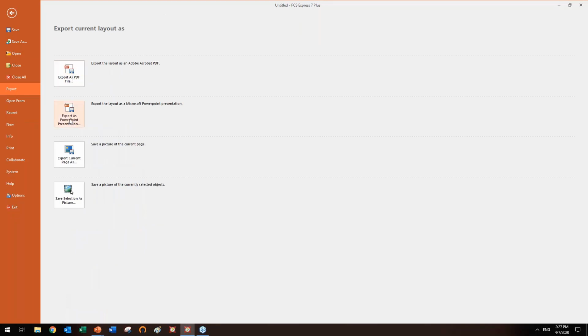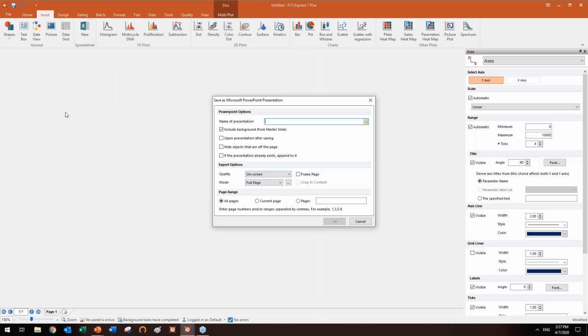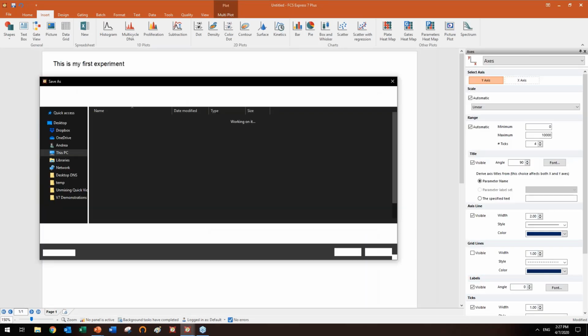We can also export to PowerPoint. We can export to pictures. You can also define the resolution of the pictures. So if the editor asks you, for this journal, you have to upload pictures at a resolution of 600 dpi, you will define 600 dpi, and all the pictures that you export from FCS Express will have that resolution. I just want to show you the PowerPoint because probably it is the most used export,